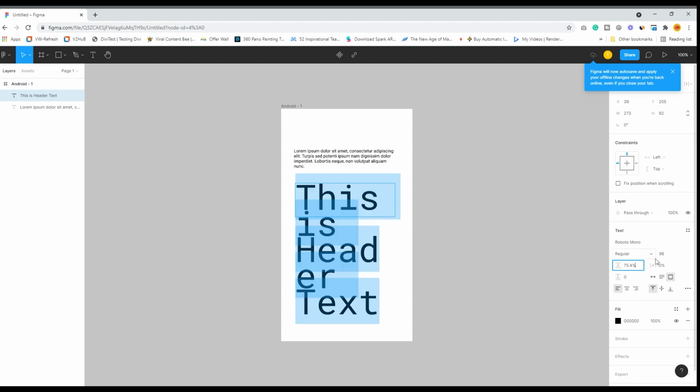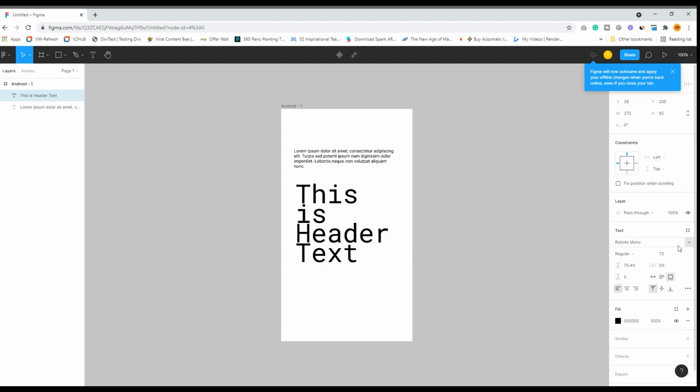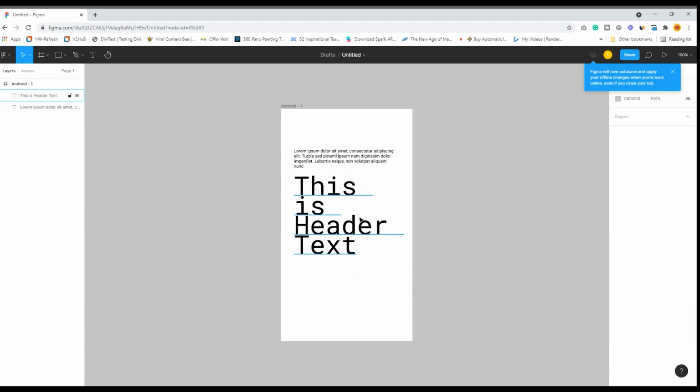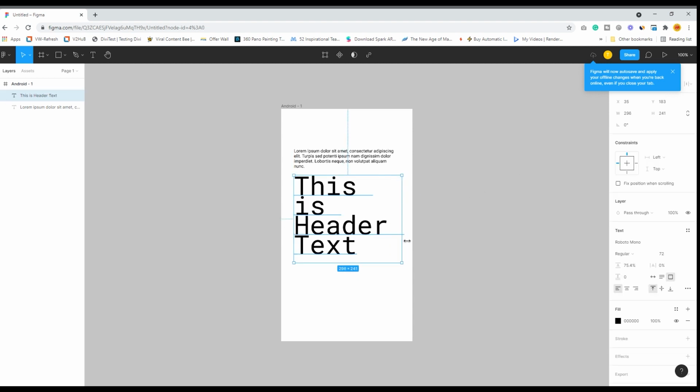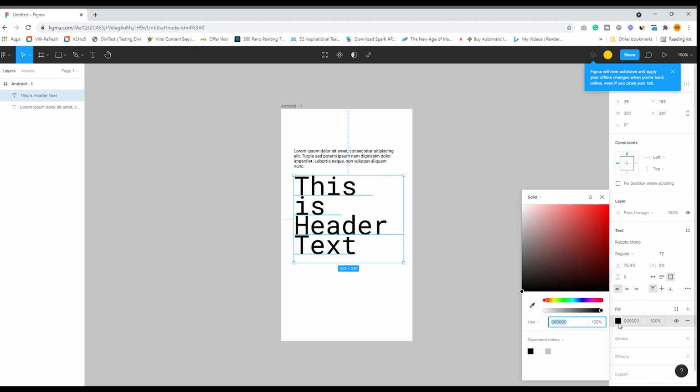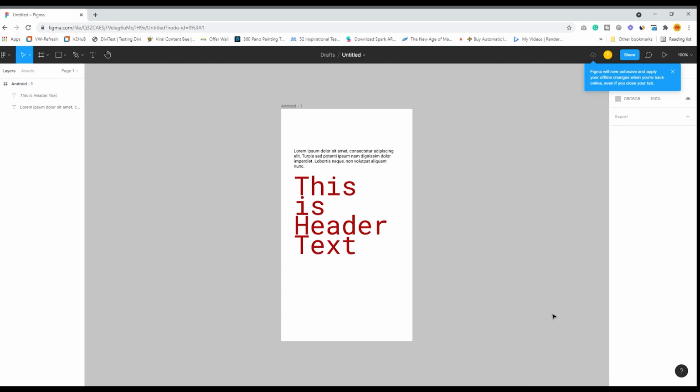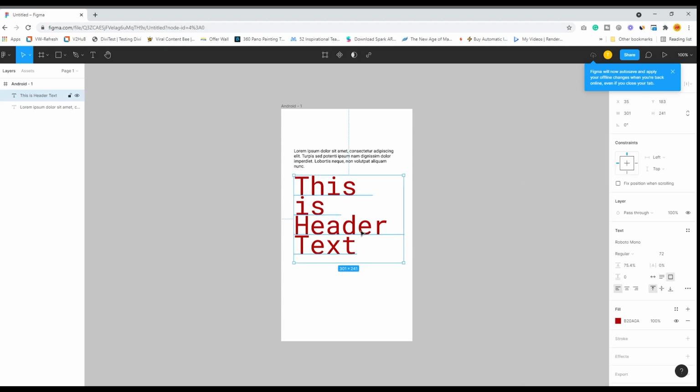I can change the font size based on what area I have for the design, and I can do the design in whatever way it suits my need. It's pretty simple. You can change the color of the font from here. This is the basic way every interface gives you to put typography in the design.